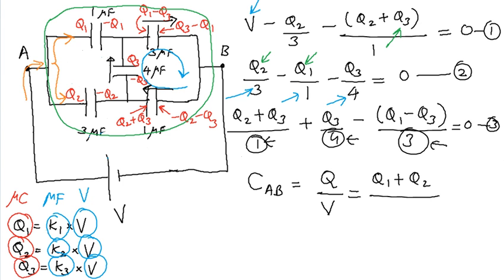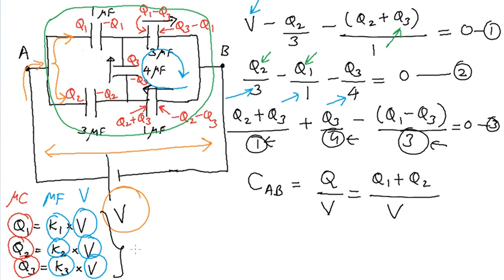Similarly, the total potential difference across the effective capacitance is this potential difference, which is nothing but V, the potential difference across the battery. So V is just the battery potential difference, or the EMF, which is the same thing in an ideal battery. I've got now the formula for CAB. In general terms, it is going to be Q1 plus Q2 divided by V.